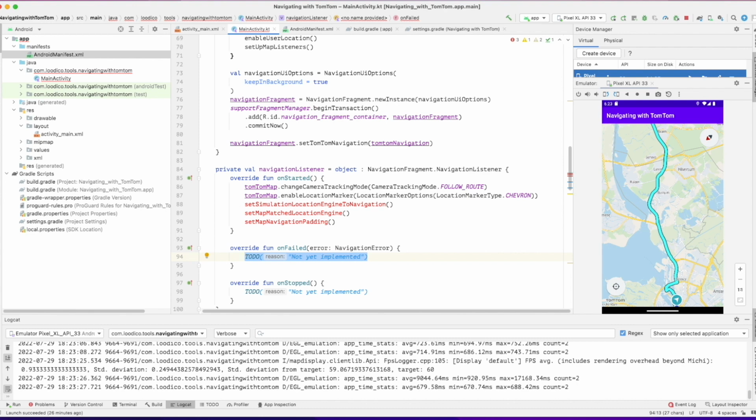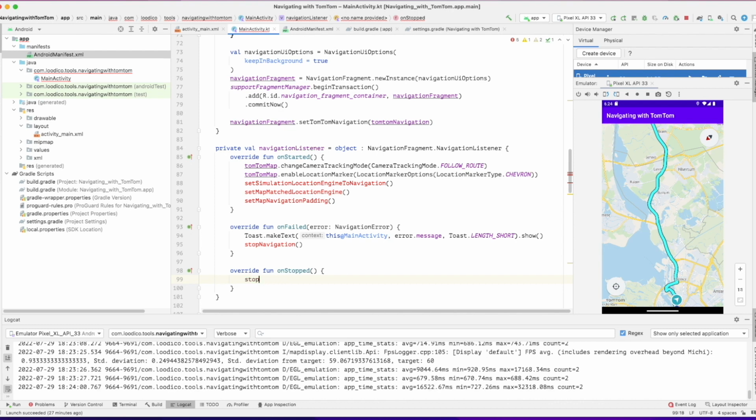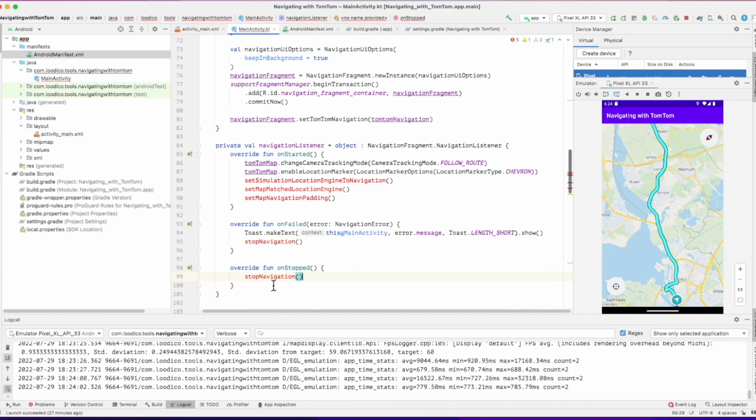So let's see that later. Okay, when it's failed, just put maybe a toast. Yeah, and of course, stop the navigation. And what does it do, stop navigation? Well, okay, when you stop navigating, you stop driving, well, the maps should return to the current location,